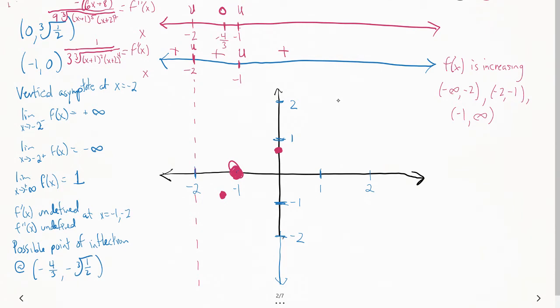So we'd get a positive divided by, well, the 9 and the cube root aren't going to make a difference. Negative 4 plus 1 is negative, and raised to the 5th is still negative. X plus 2, so negative 4 plus 2, is negative, raised to the 7th is still negative. Negative times a negative makes a positive. So you have a positive divided by a positive. That means this thing is positive, so we have something that's concave up